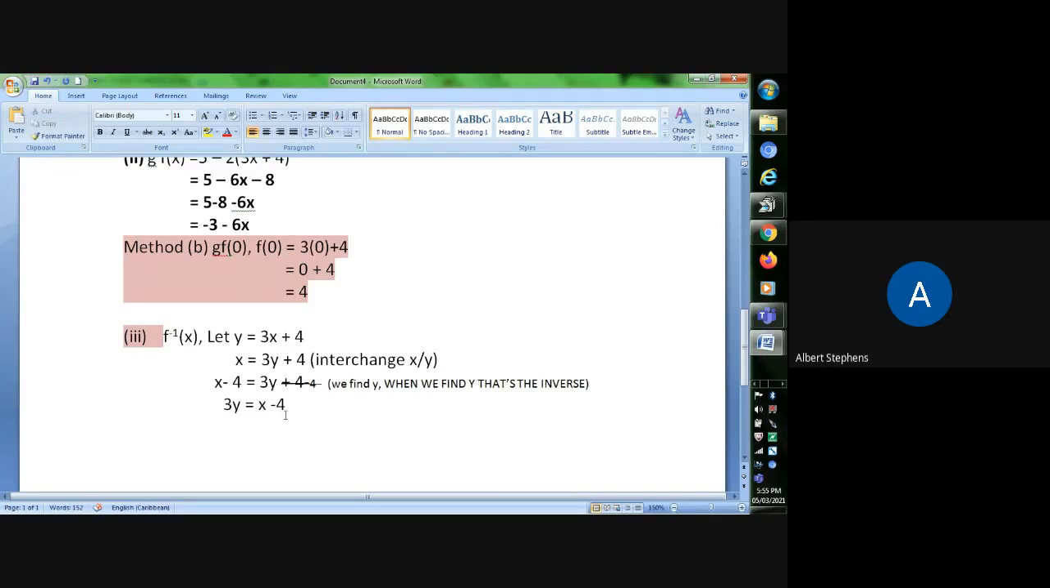And what do I do to find y here? I'm just going to divide both sides by what? By 3. Very good. And we basically finish. That will cancel out. That will also cancel out. So therefore,